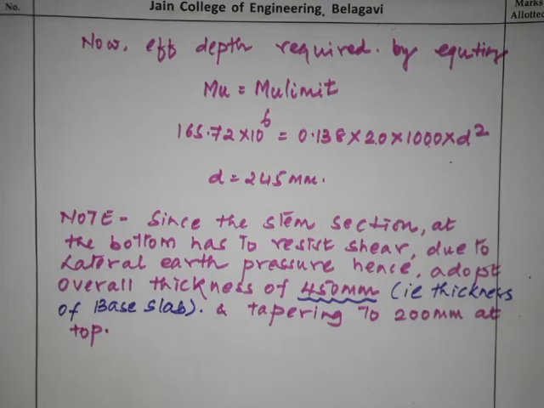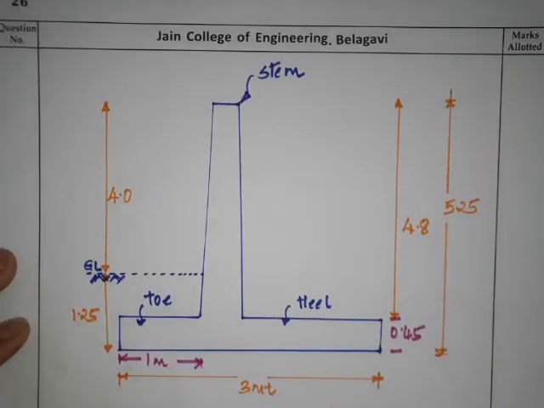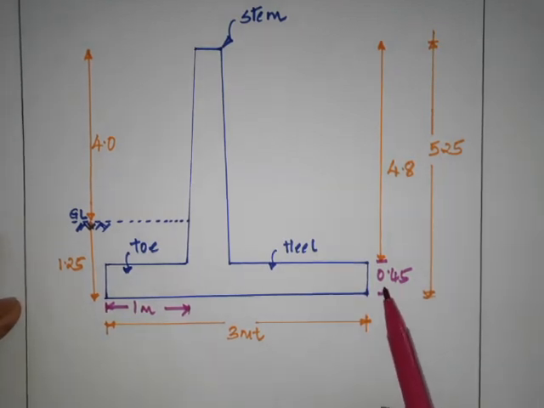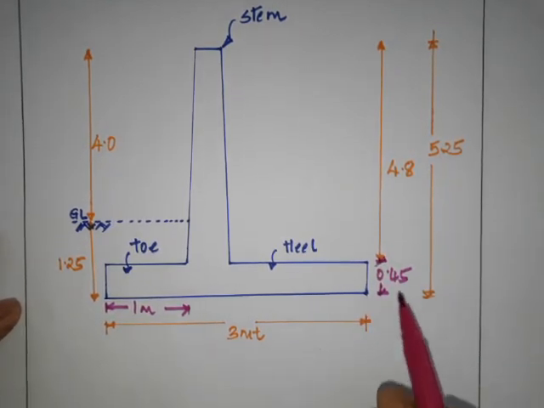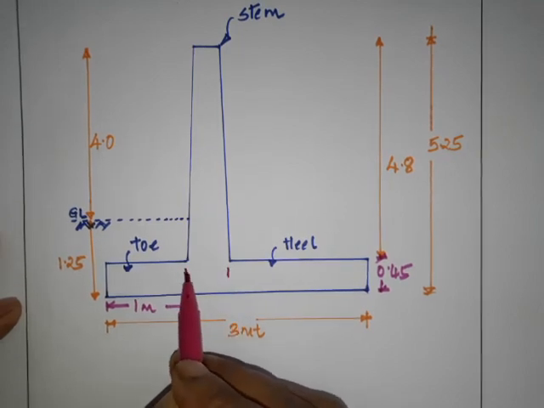Whatever the thickness of base slab is, you assume the same for the thickness of stem at base, and tapering to 200 mm at top. So I will just show it here. Okay, now it will be clear. So you have to assume the same depth as you assumed for the base. So this depth at the base will be